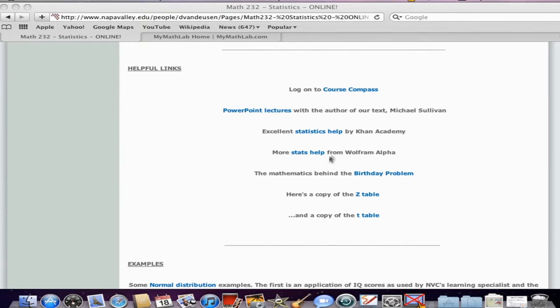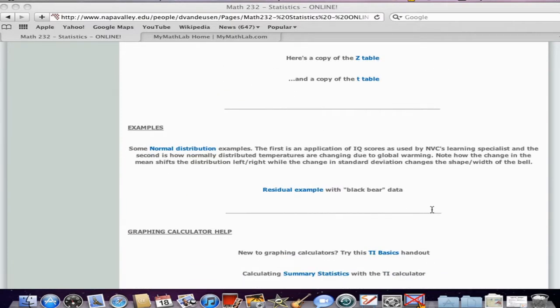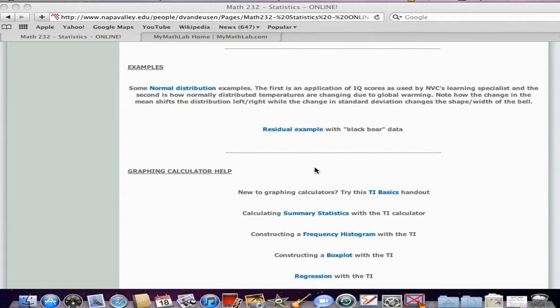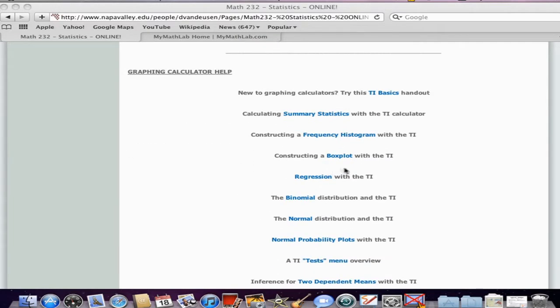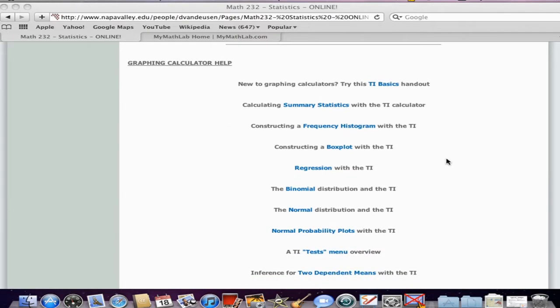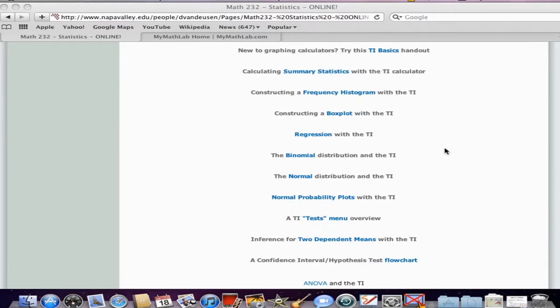Wolfram Alpha also has some stats help. There's some problems that we'll talk about, some stuff we'll talk about later on in the course. Some other examples that I posted, and here at the bottom of the website, I've made up a bunch of different handouts